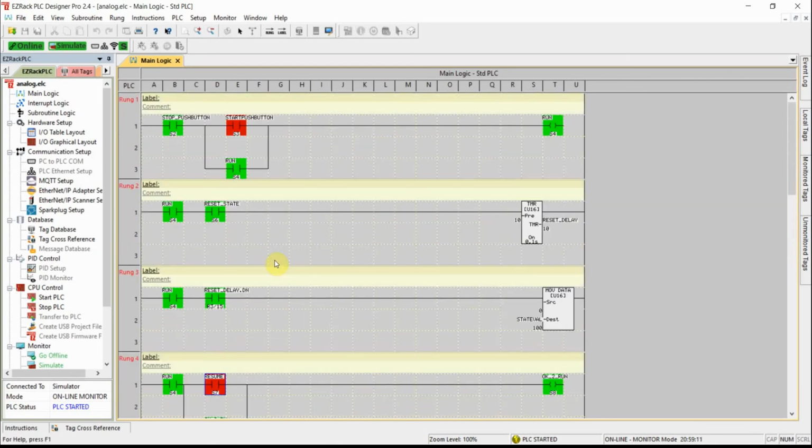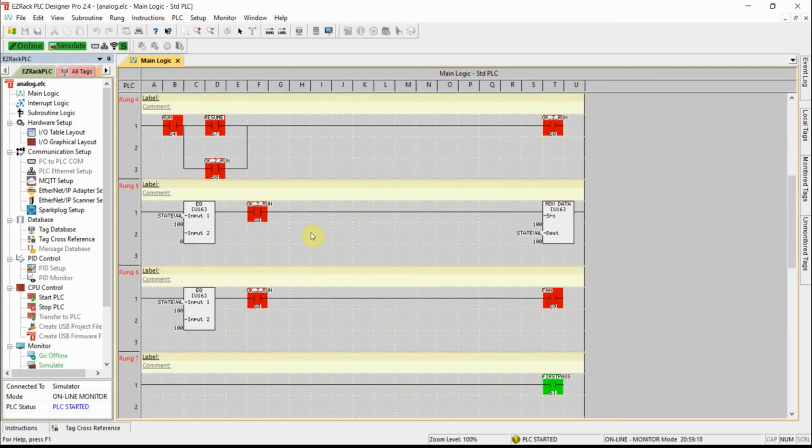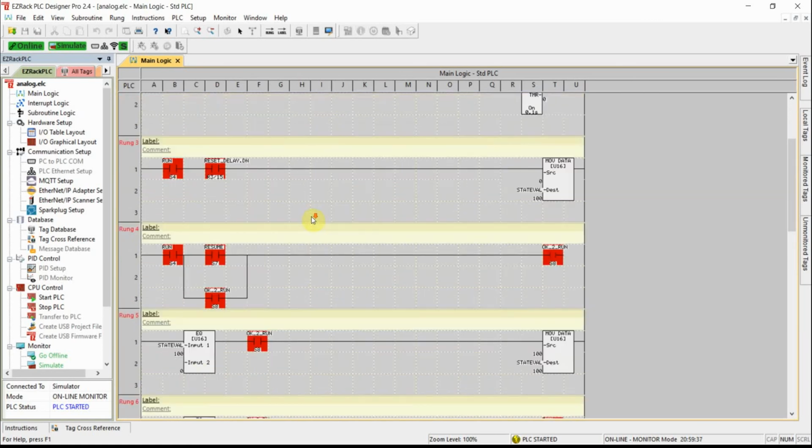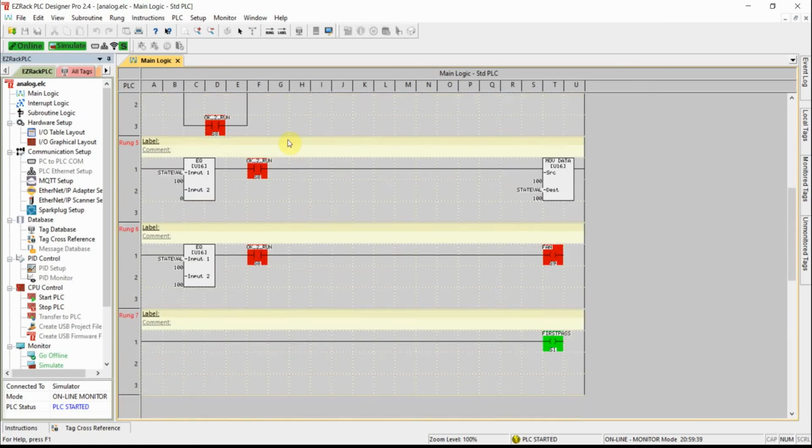So let's turn that off. Let's hit the stop button, turn it off, turn it back on. It works pretty well. The problem you'll find with simulate mode is that the more complex your projects become, the more difficult it is to tell if it's working correctly by scrolling up and down inside the ladder logic. But by grouping the triggers and states together here, you can at least see which state you're in,